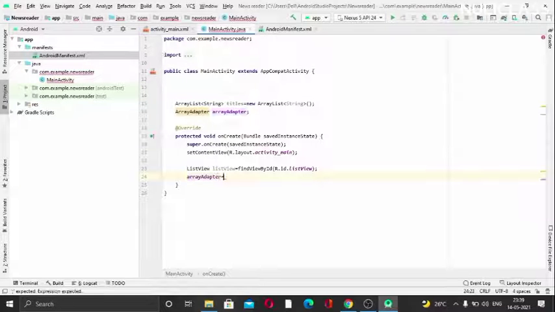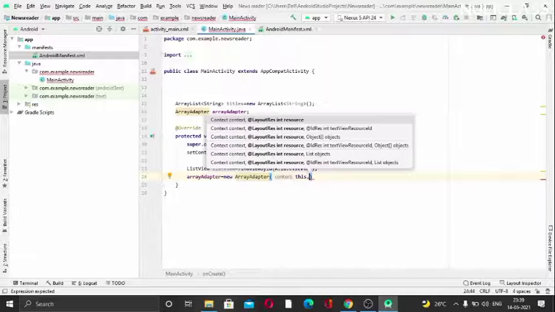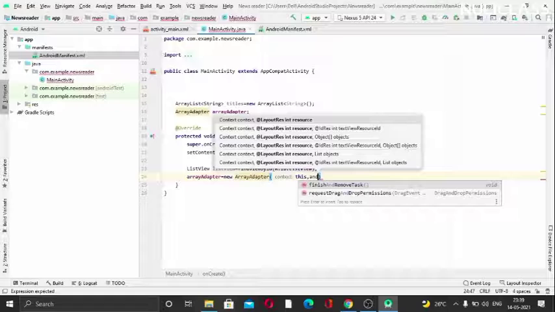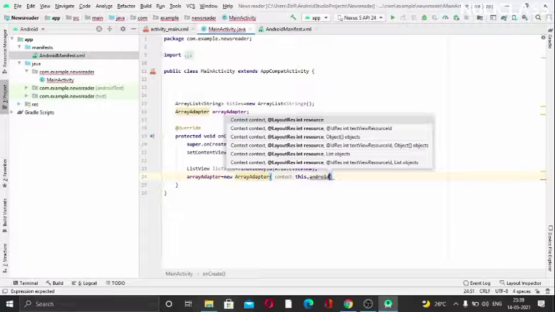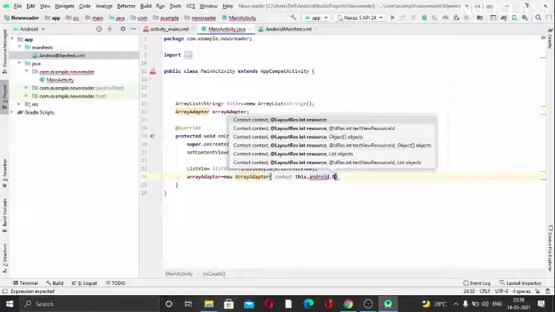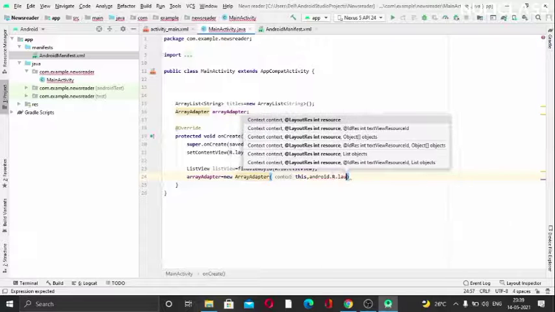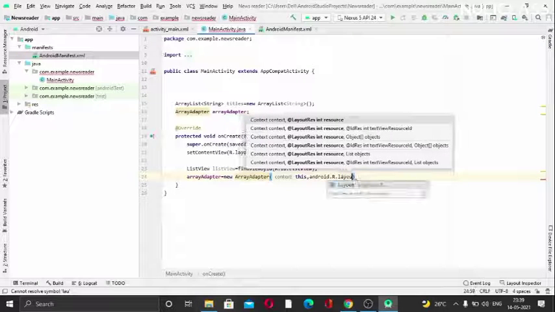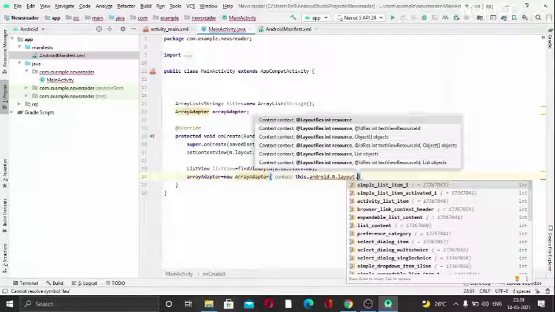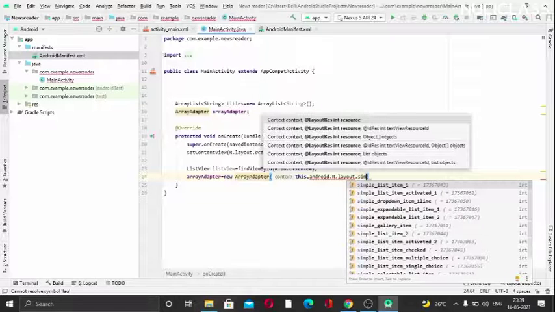So we will just create a new object for this. We'll use ArrayAdapter, and inside of that we need to pass firstly the context. So we want this context only, like here only, and the second thing we need to pass is android.R.layout.simple_list_item_1.